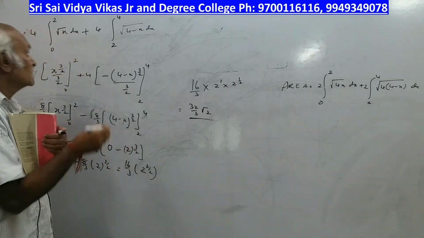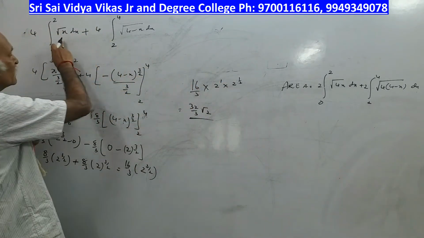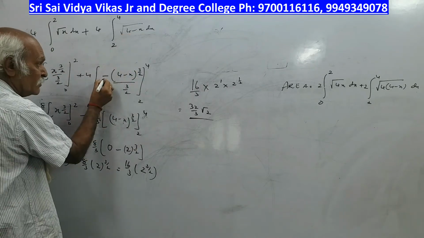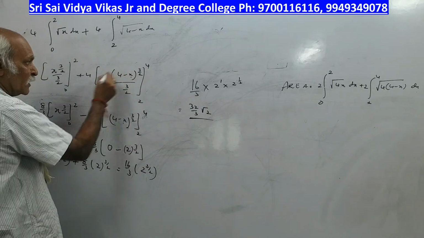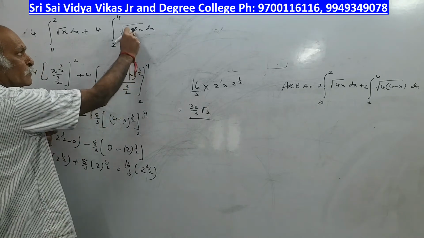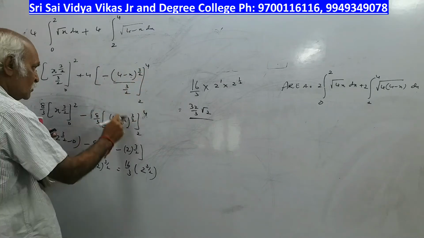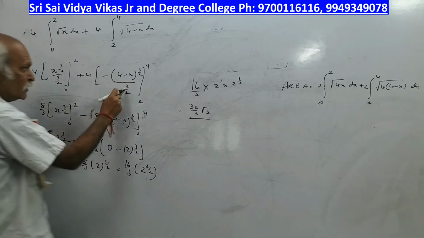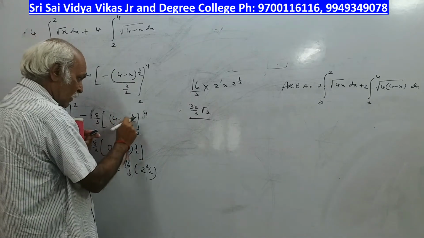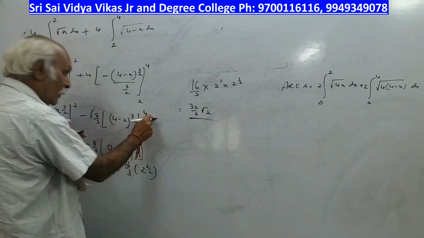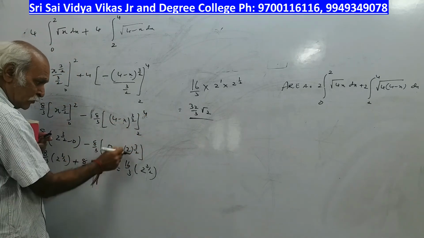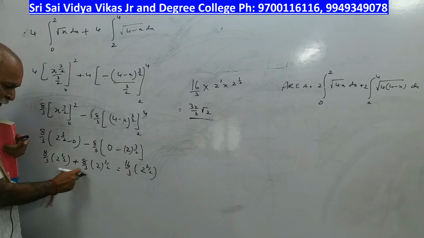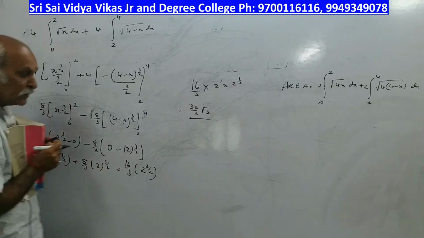Right. So here what I have done? 2 into root of 4x, that is 2 root x. Root x integration is x power 3 by 2 by 3 by 2. And here 4 minus x, why minus sign is coming? Because minus x is there. 4 minus x ante minus vastundi sir, because x derivative is 1, because of minus sign minus 1 will come. 3 by 2, so this becomes 2 by 3, which is 8 by 3, x power 3 by 2, 0 to 2, and here 8 by 3 with minus sign, 4 minus x whole power 3 by 2, 2 to 4. So upper limit is 4, 4 minus 4 is 0, lower limit is 2, 4 minus 2 is 2, 2 power 3 by 2. So 8 by 3, 2 power 3 by 2, 8 by 3, 2 power 3 by 2. So it becomes 16 by 3, 2 power 3 by 2.